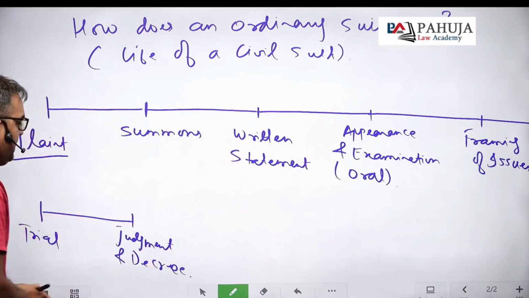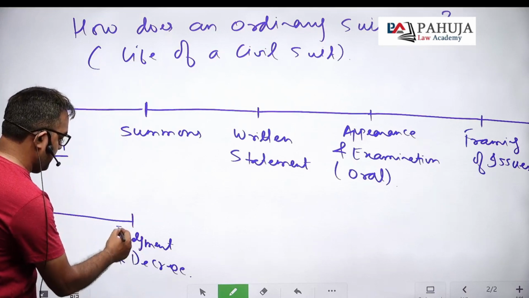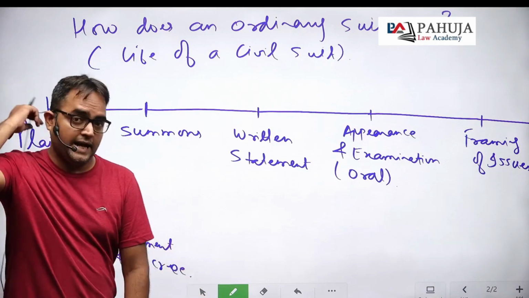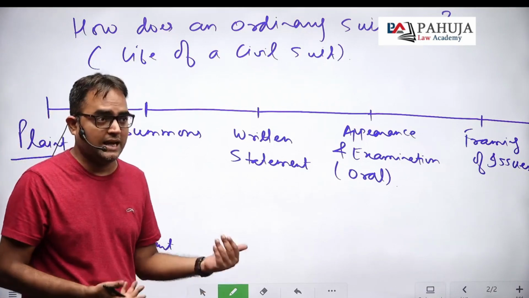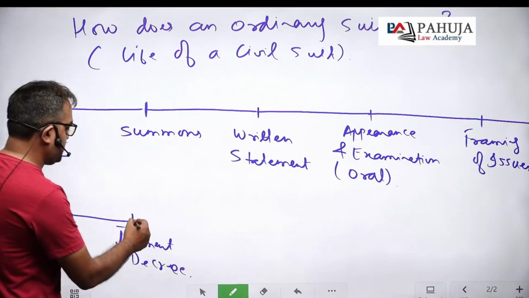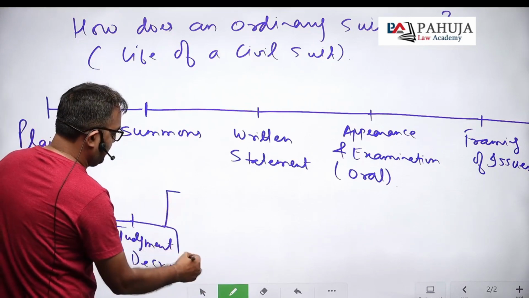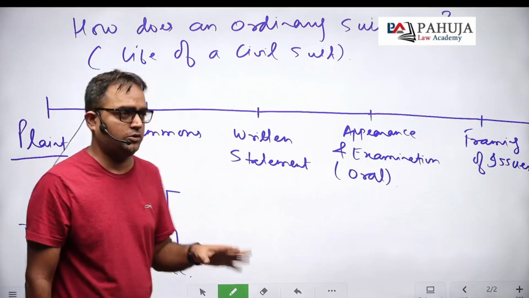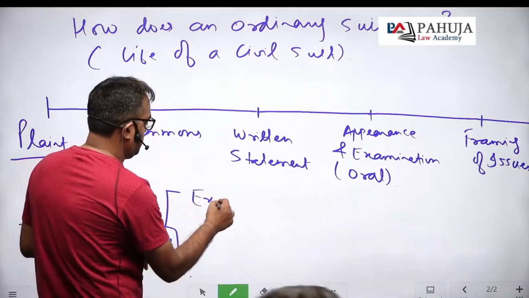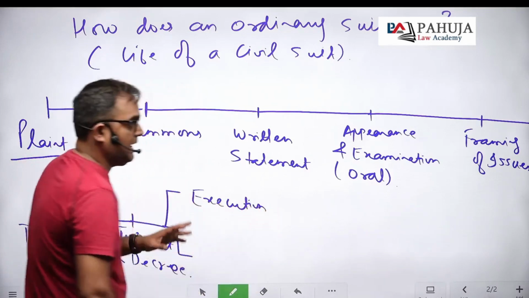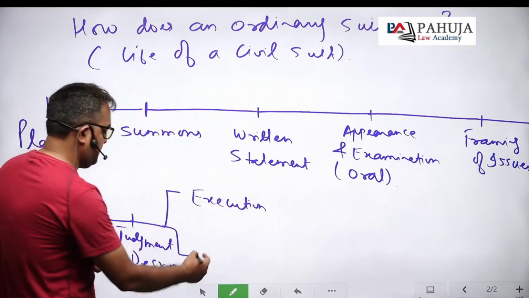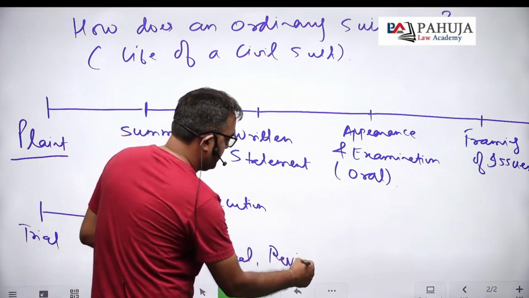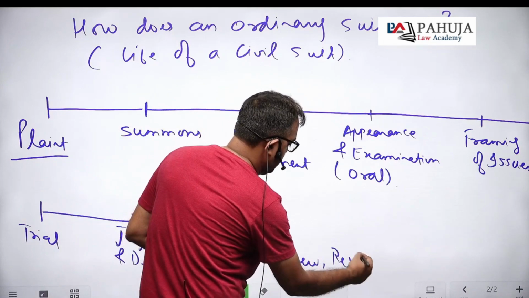अब देखो यहाँ पर, although our topic is plaint to decree, but याद रखना कि this is not where the suit ends. We would like to think so, but ऐसे actually end नहीं करता है, because after the passing of the decree, there are two courses of actions possible. The winning party would like to go for execution of the decree, जो implement कराना चाहेगा. And the other party, or generally the losing party, would like to go for appeal, or it can also go for review or even revision depending upon the nature of the